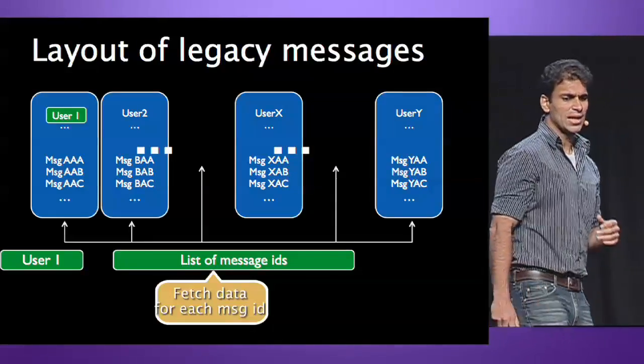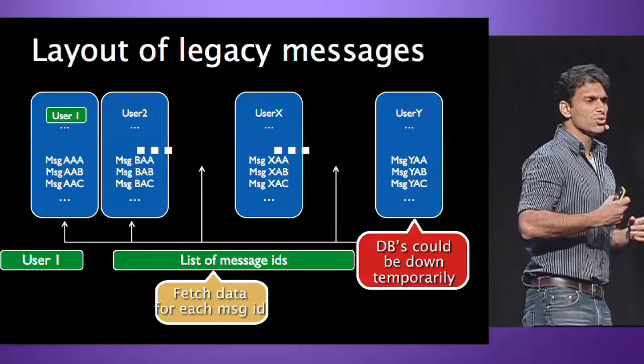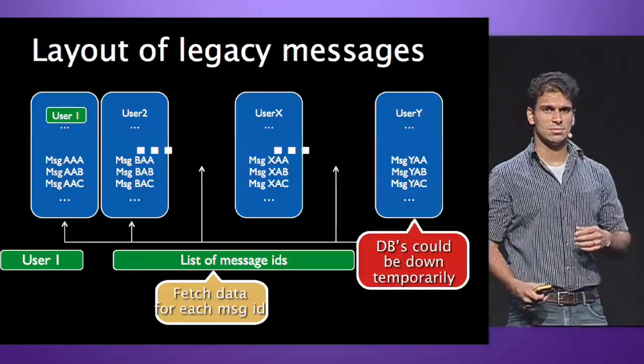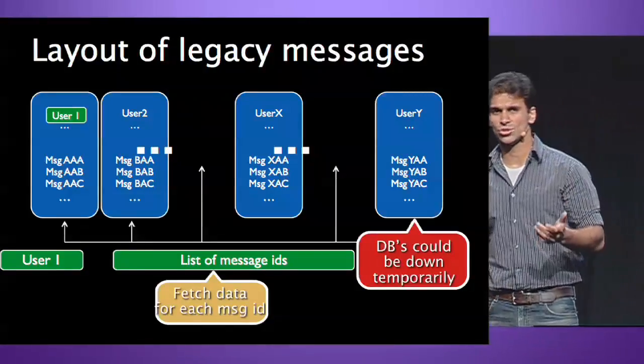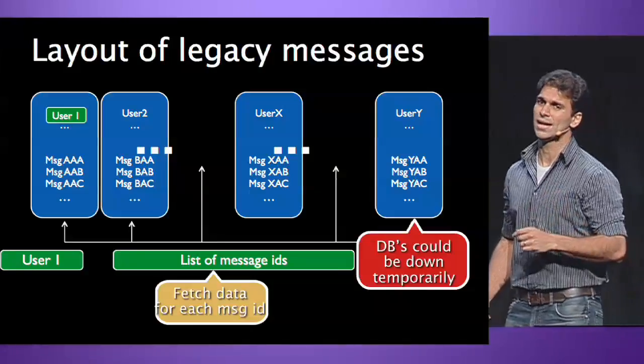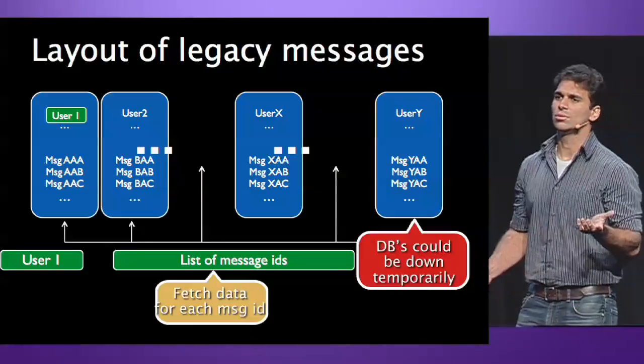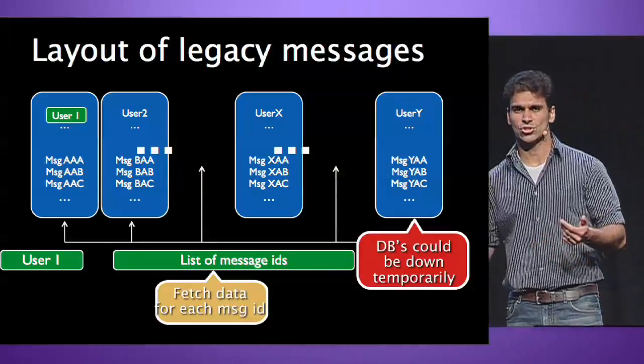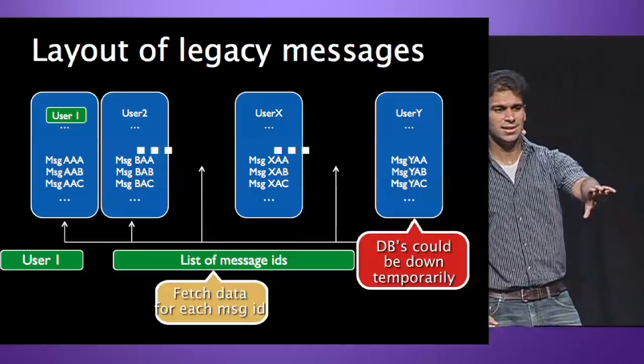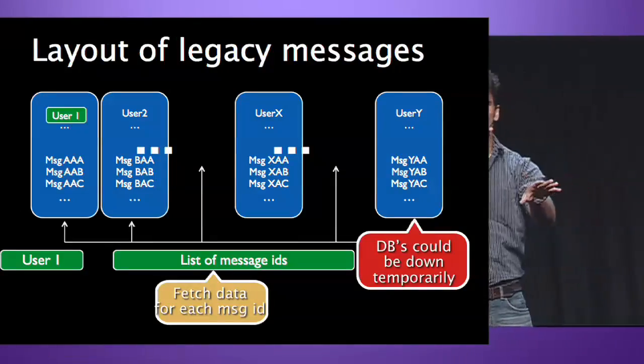So the challenge really comes in because once you start hitting a larger and larger set of databases, for a larger set of users, you hit all the databases, some of them could be down temporarily, and what do you do? Like, you have message IDs, you don't have messages. So you have these kind of inconsistencies, and this is a simplified diagram. There's a few more tables to join in there.